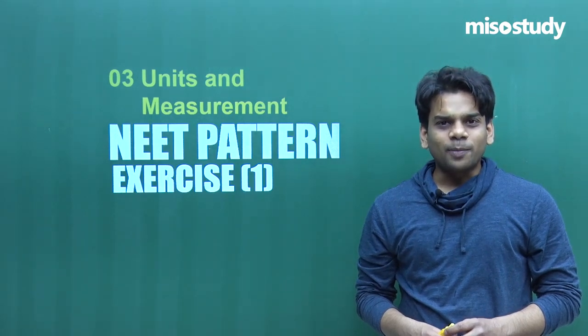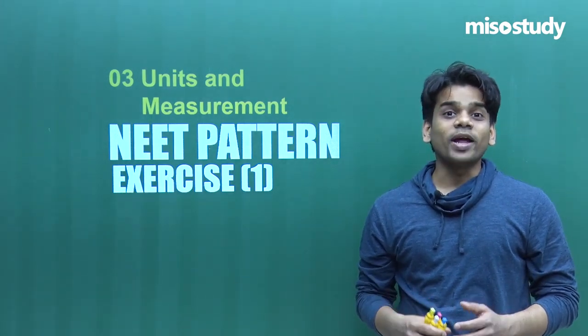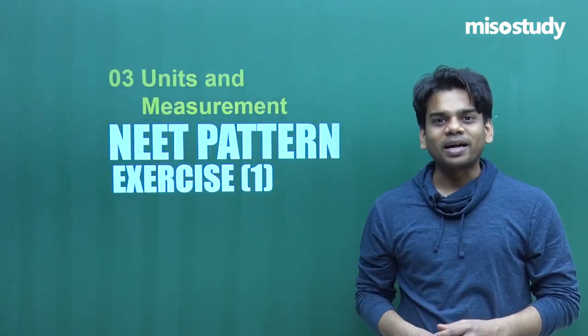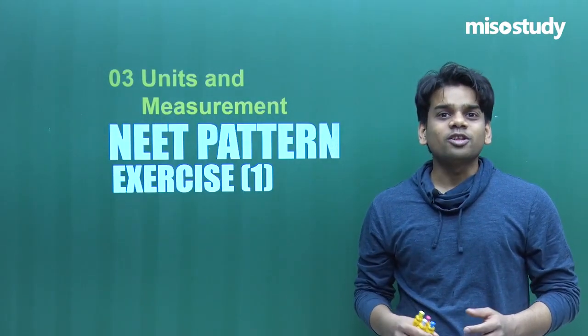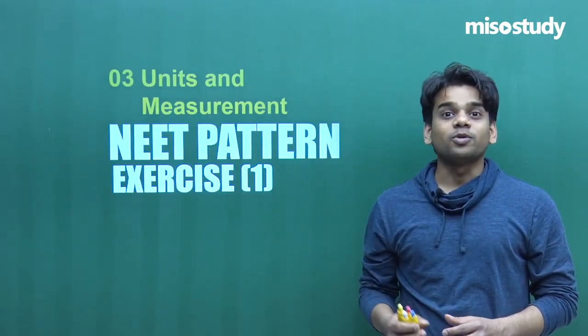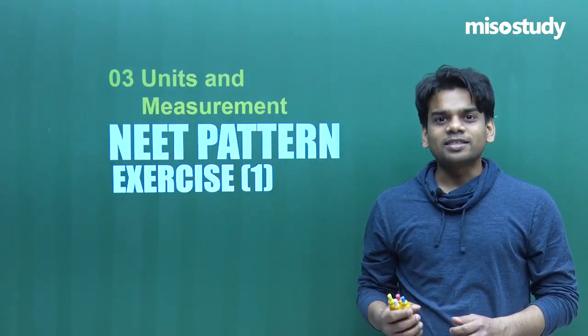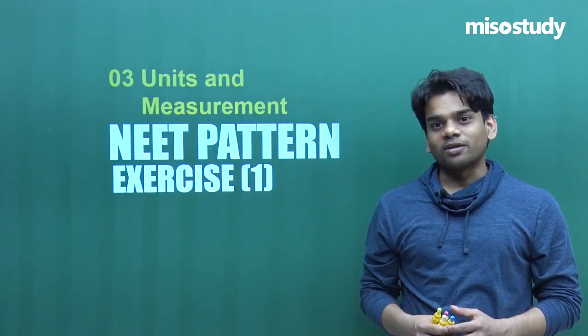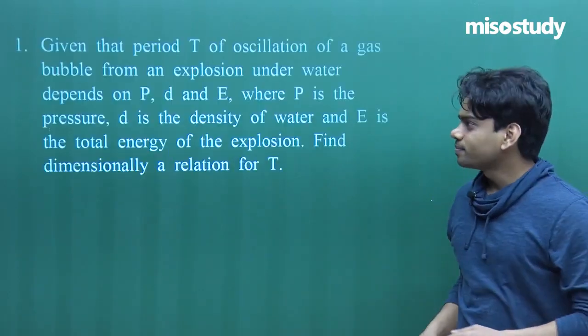After completing the chapter on units and measurement, let's go ahead and practice some problems based on the NEET pattern kind of questions. In NEET, the questions are objective kind, and we practice questions on objective type, and sometimes we'll be solving the entire problem in a subjective fashion, but you can get the answers in an objective manner. Let's go ahead with the first question.